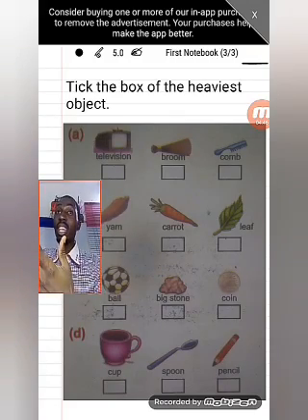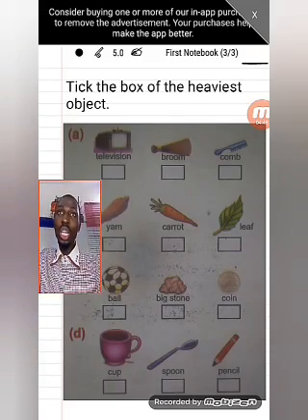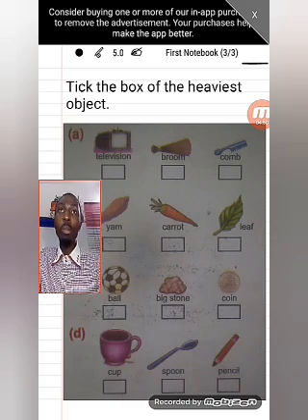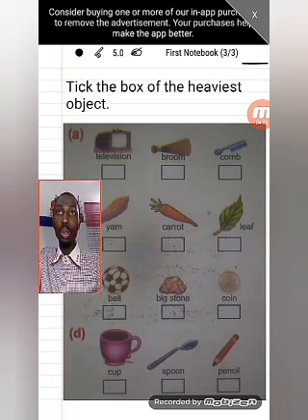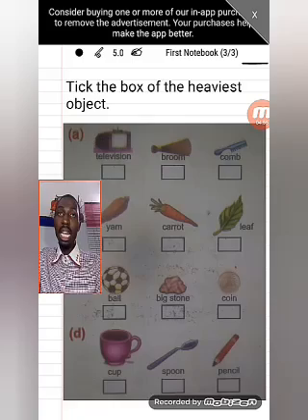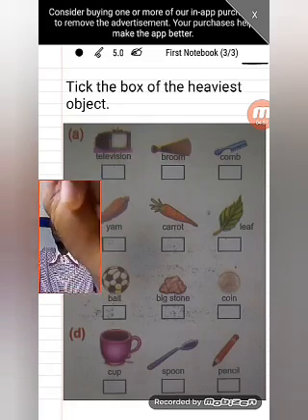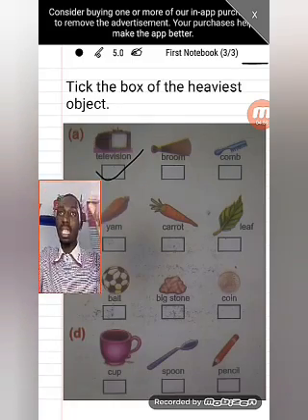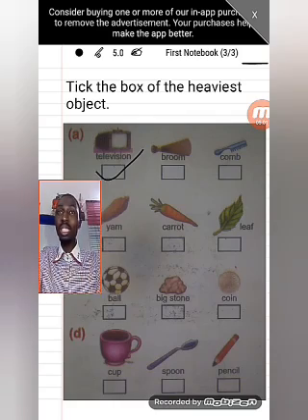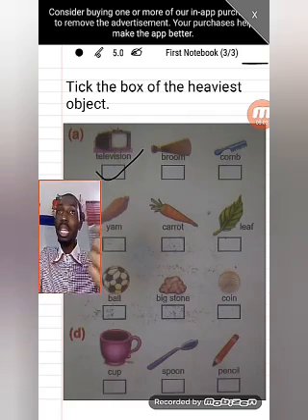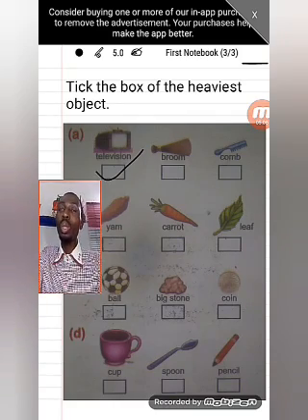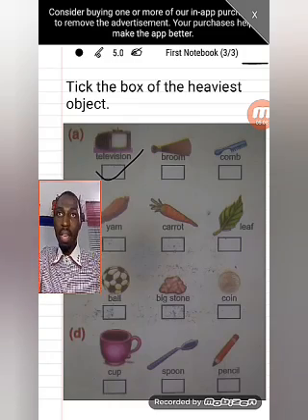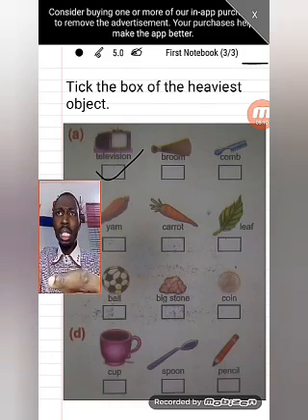The TV that we watch, the broom we use to sweep, and the comb we use to make our heads look neat and tidy. Yes, the TV is the heaviest. We don't carry that all the time, but we handle the broom easily, we handle the comb easily, but we don't carry the TV. Quite heavy. Now the next one is the yam,